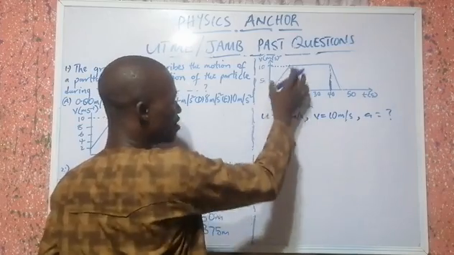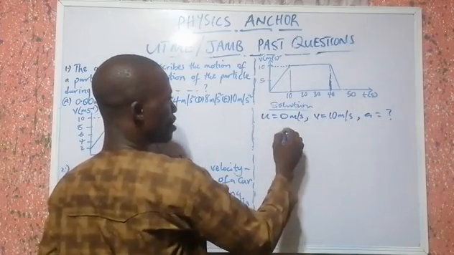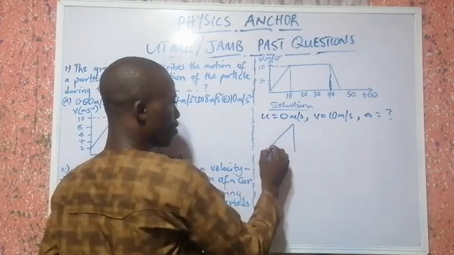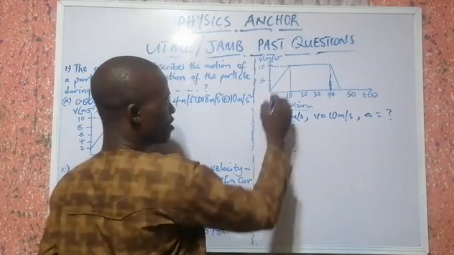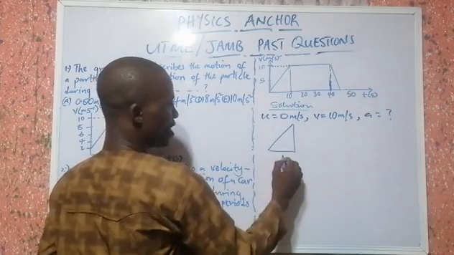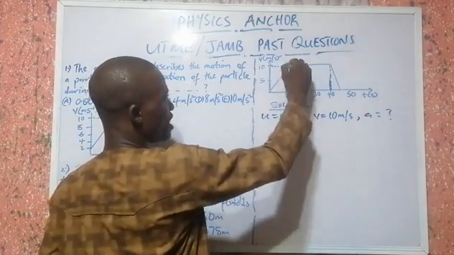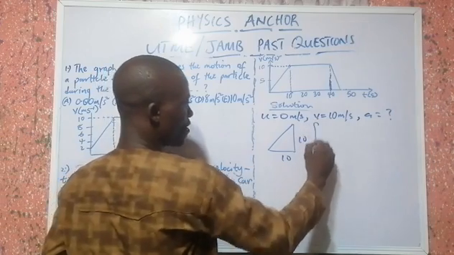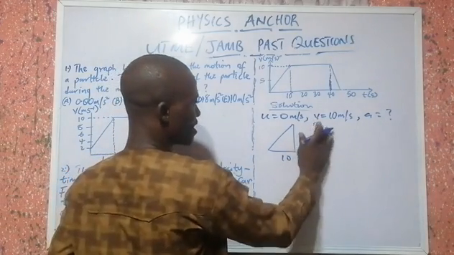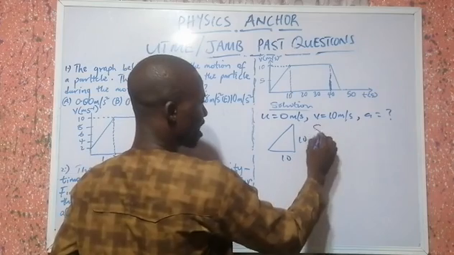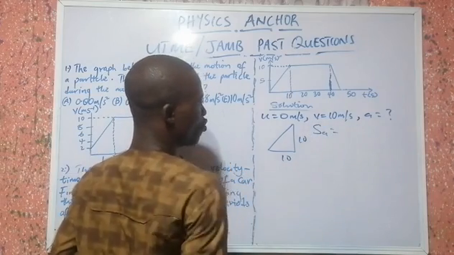We know that the area under the velocity-time graph will give us the distance. So that one has come out like this. From here to here is 10, and from here to here they have given us 10. So very fast, we can say that the distance during the acceleration now will be